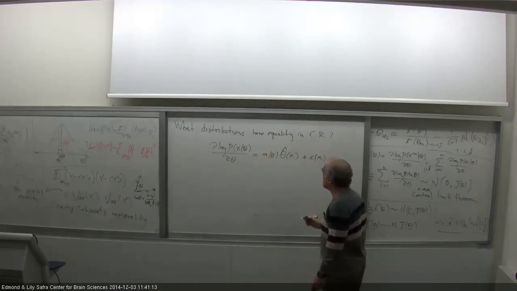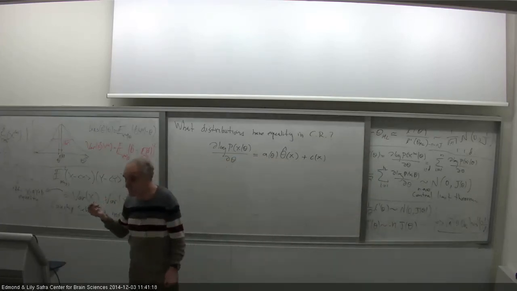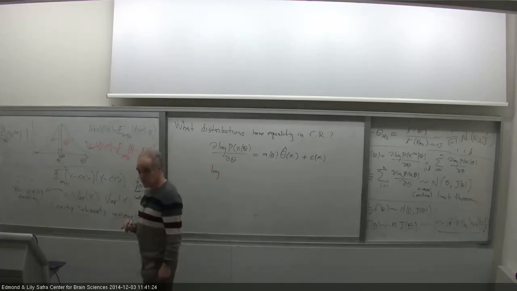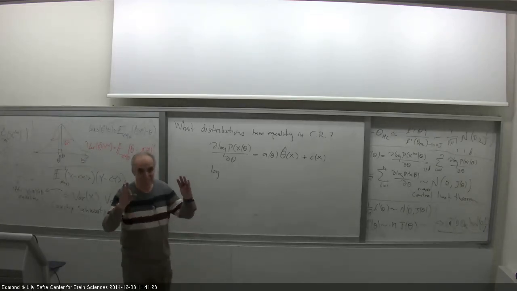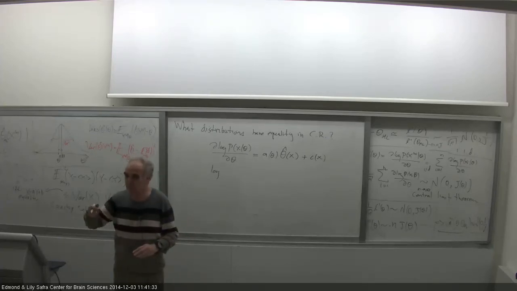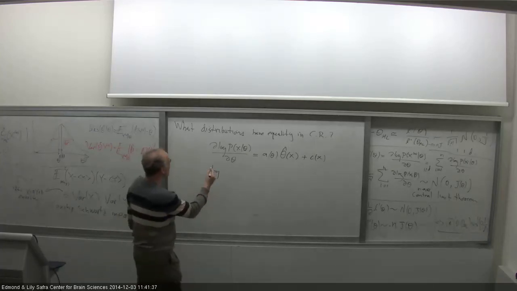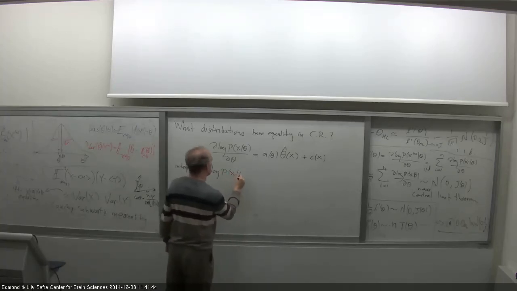But now it's very simple. I can integrate this over theta. So this is the condition for equality in the Cauchy-Schwarz inequality. Clear? Equality in Cauchy-Schwarz is if the two vectors are parallel, which means that these two variables are proportional to each other, a linear function of each other. So now I integrate over theta, and I get that log p(x; theta)